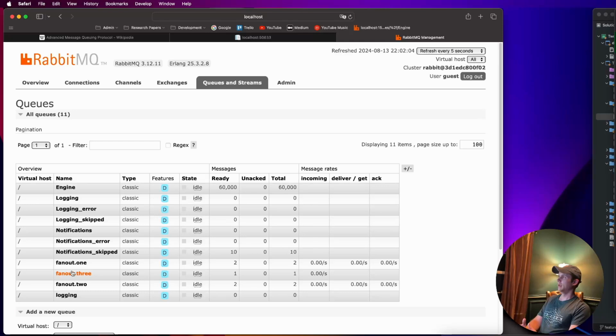But I would say that, assuming you're not sending 10,000 messages per second to RabbitMQ, you're probably fine. I think I saw a performance chart realistically, and a fanout exchange was still around 400 to 4,500 messages per